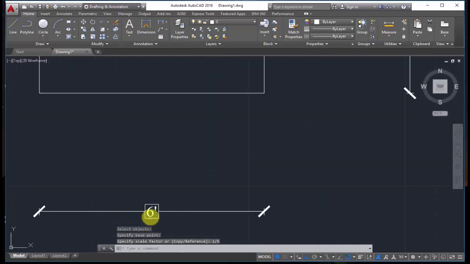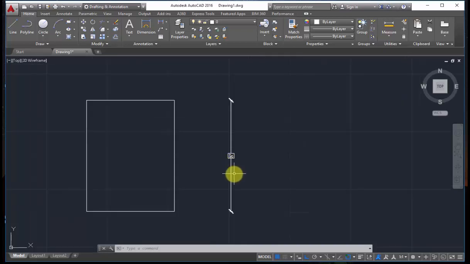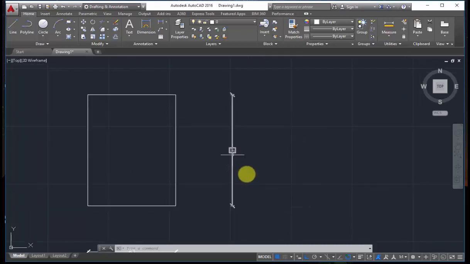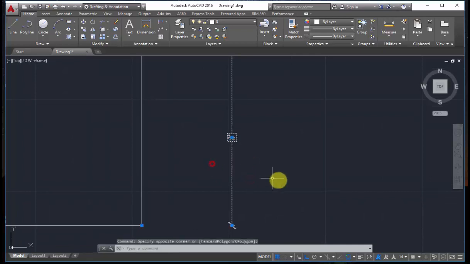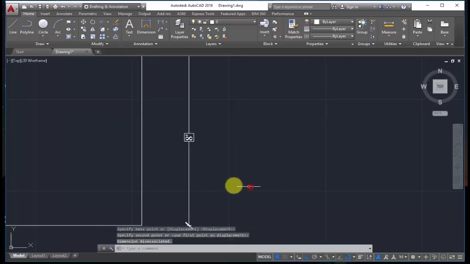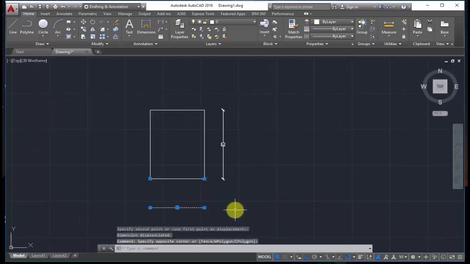Now you can see the scale is showing as 6 by 8, isn't it? So if I edit the text, whenever you give the file to the corporation, they will easily be able to know that there is a mistake over here. Even if there is a small mistake, they will reject your plan.